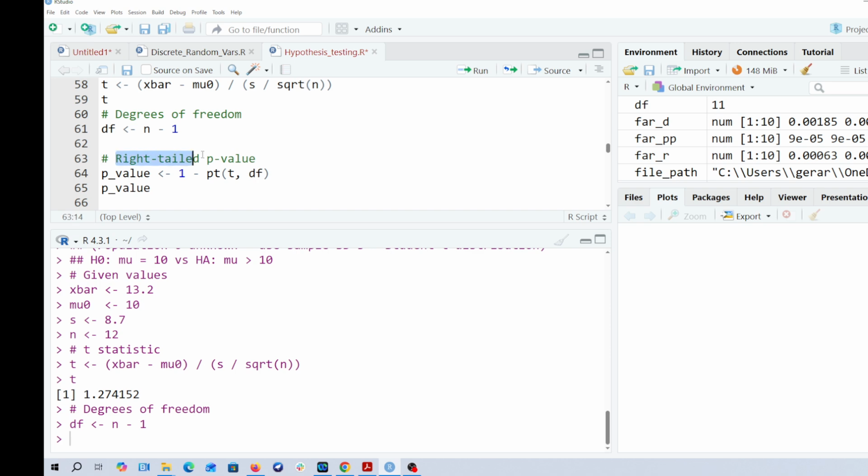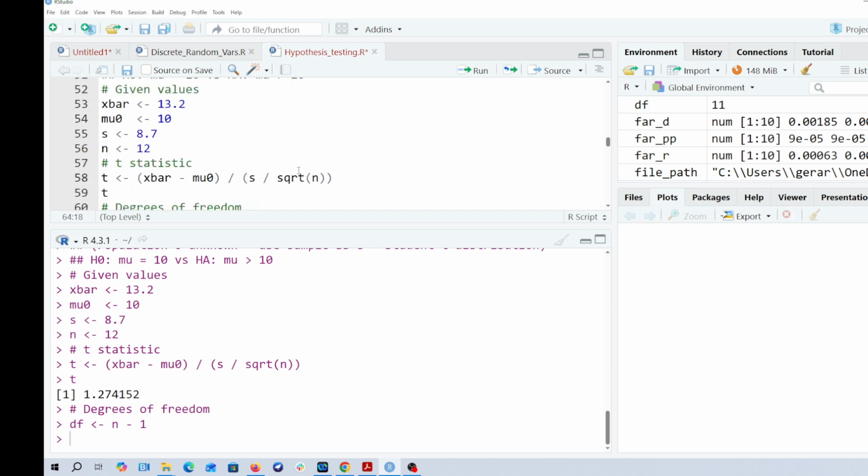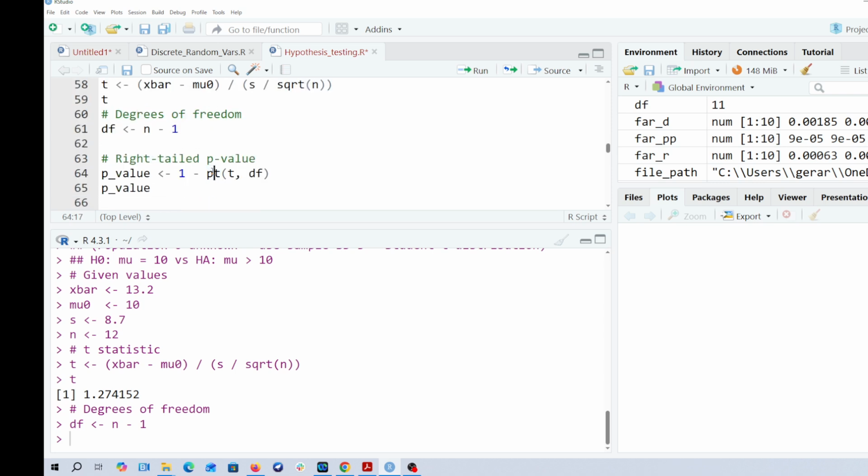Now we are using the right-tailed p-value. Because we are using the student t-distribution, we are not going to be using pnorm as before for the normal distribution. We will use pt, the probability of the student t-test. So it will be 1 minus pt. T here will be the t statistic we calculated from here, and then the degrees of freedom, n minus 1. So if we run this,